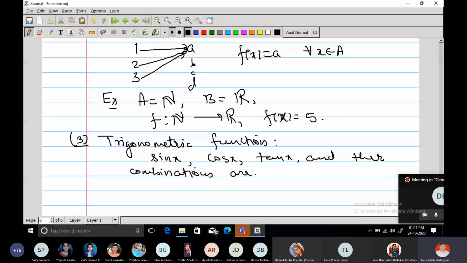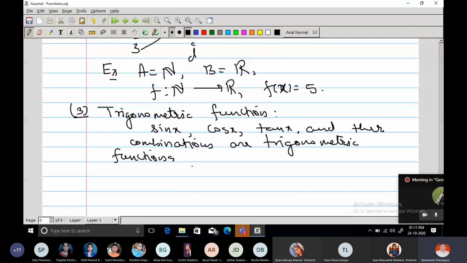Trigonometric functions. Now, for example, what is domain? What is the largest possible domain